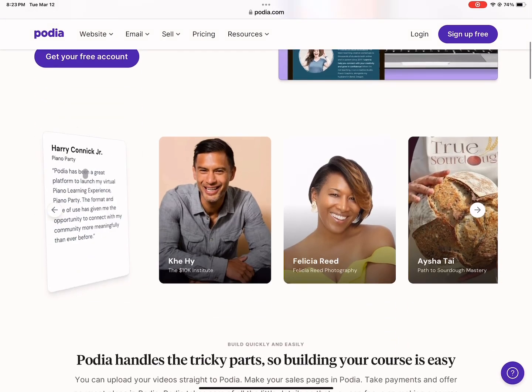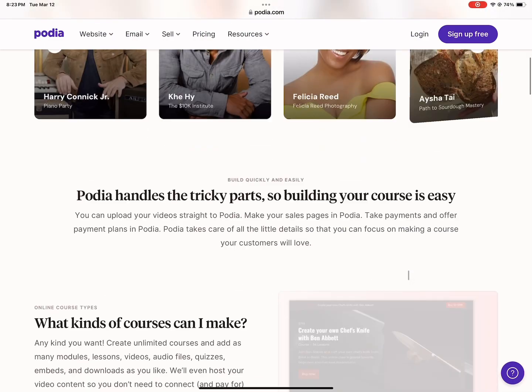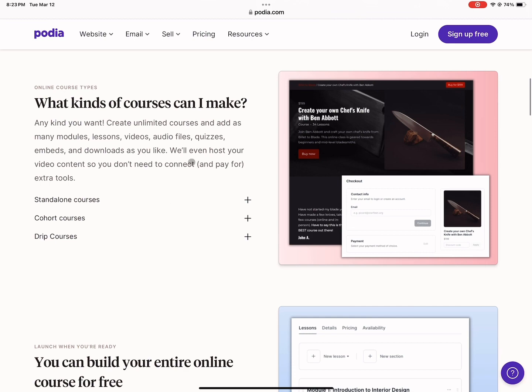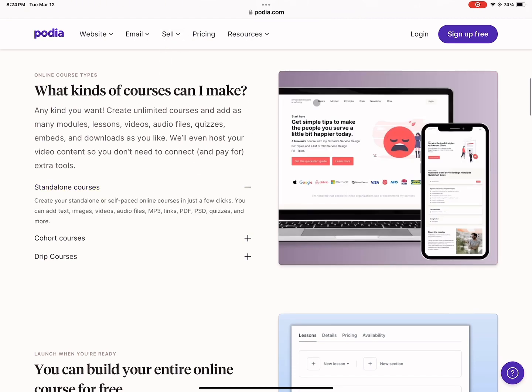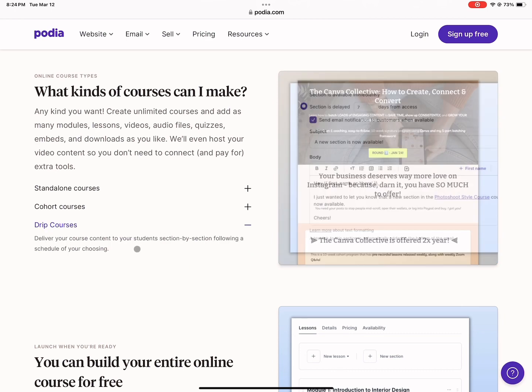So you can get literally for free a beautiful online course that you really don't have to do much effort in, because their templates are so useful, and all you need to do is just change the colors up a little bit, add your own text, and you're literally ready to go. So it's really great if you're someone who's a beginner, or if you're putting off taking that first step because you find it daunting. This platform makes it really easy for you.